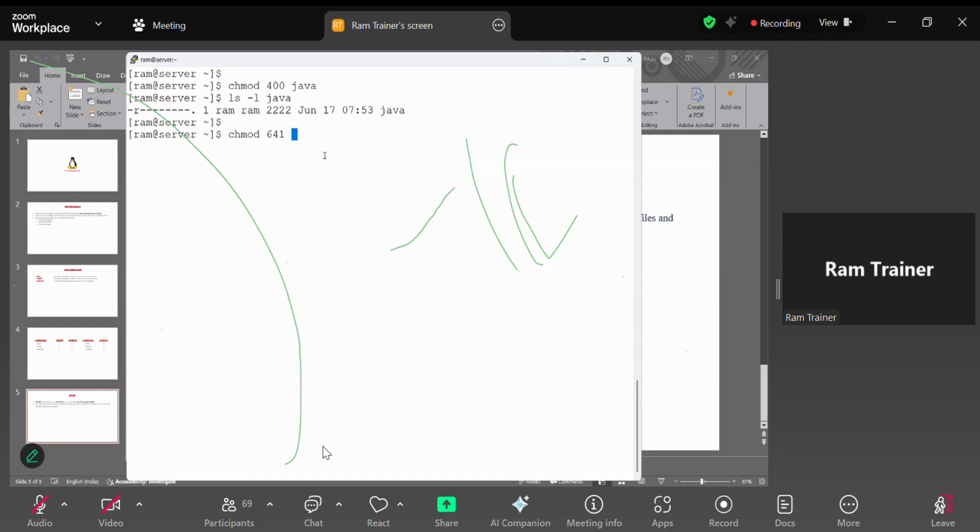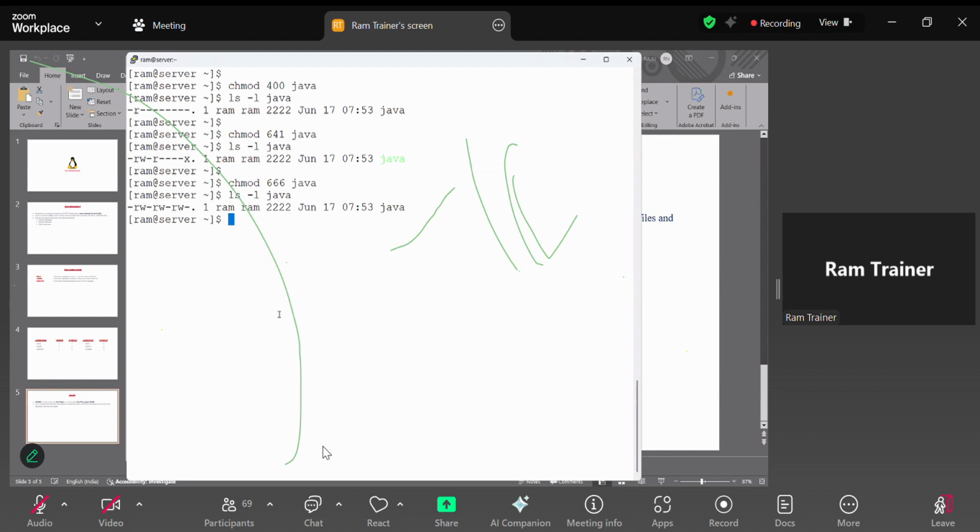So this is very easy with chmod. I want to set 641 on the Java file. Then what is the meaning? User read and write because 6. Group members read only, and others get what? Execute only. See this? Read only, execute only. And chmod 666, all are read write of the Java file. Yes, all are read write with the Java file. And chmod 600, only user read and write. Others are nothing, group members also nothing, of the Java file. So now here it is called read write of the Java file.